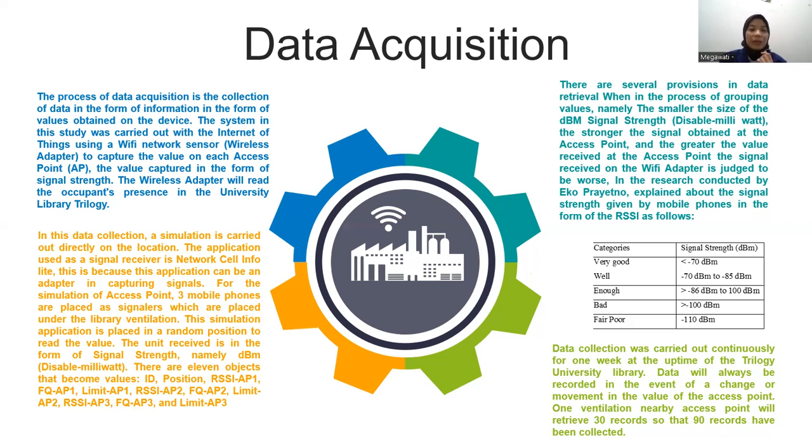There are eval objects that become value ID, position, RSSI AP1, FQ AP4, limit AP4, and the RSSI AP2, FQ AP2, limit AP2, RSSI AP3, FQ AP3, and limit AP3. There are several phases in data when the process dropping value, namely the similarity of